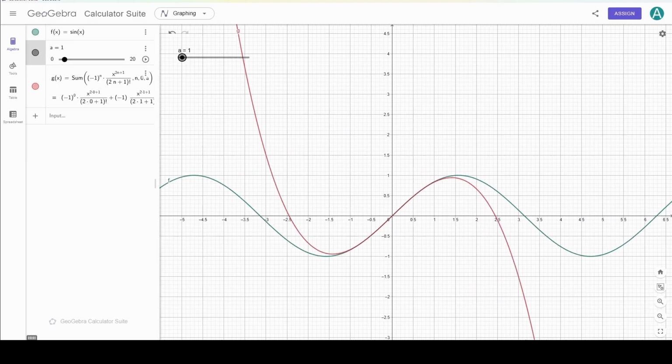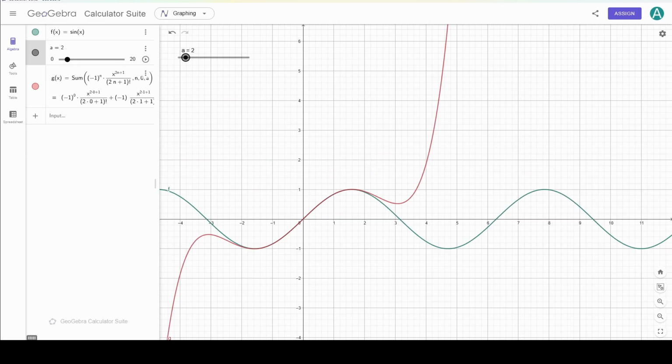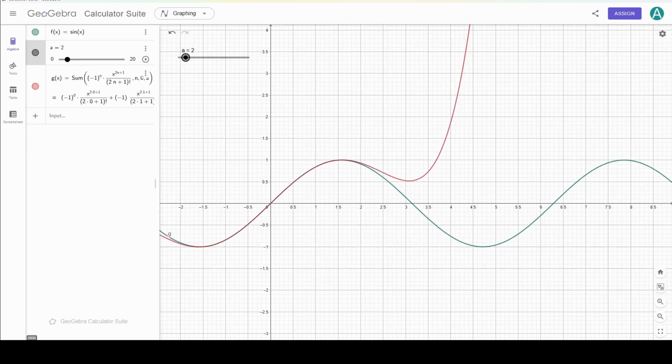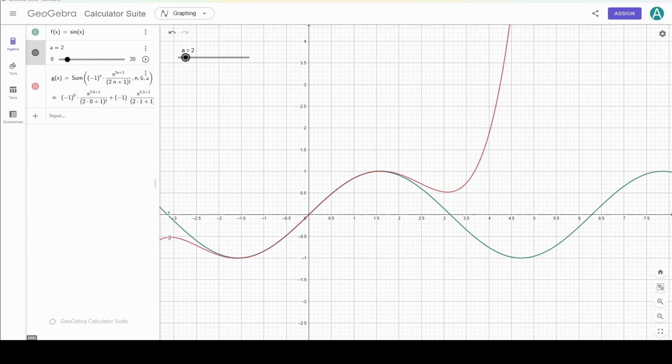And it seems to be almost the same for up to 1 radian here, before deviating, as you would expect. If I increase a to 2, you can see that the function g of x is very accurate for more than a quarter of the graph, or a quarter of a cycle, sorry. And if I keep increasing,